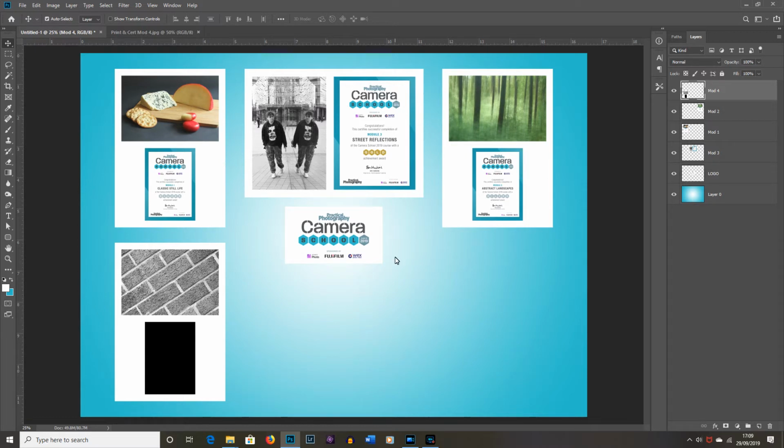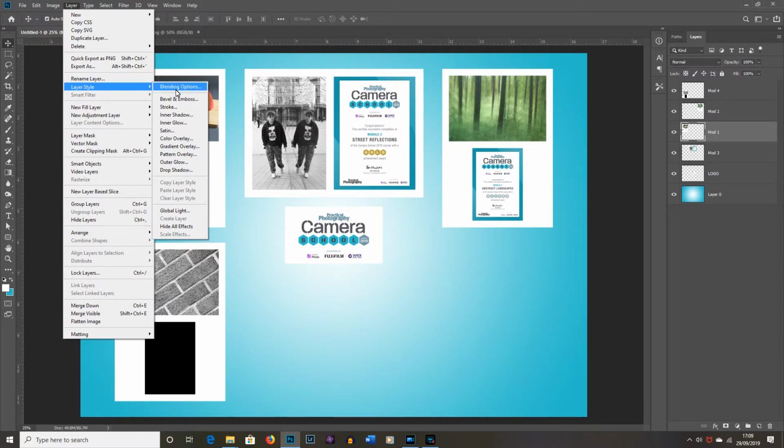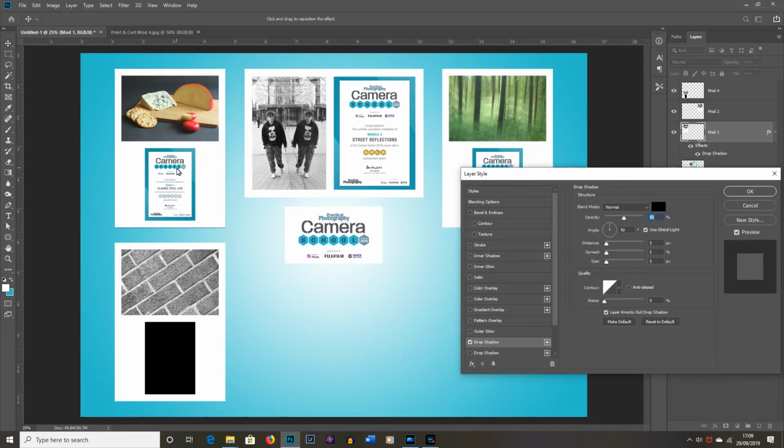So if I start with module 1 and go up to layer, layer style, and down to drop shadow. If I set that to 90 degrees and leaving everything at default, 5 pixels, 5% spread and 5 pixel distance, and then if you untick preview, if you look at where module 1 is at the top left and tick preview again, you can see a slight drop shadow which gives it that three-dimensional look. So clicking OK,